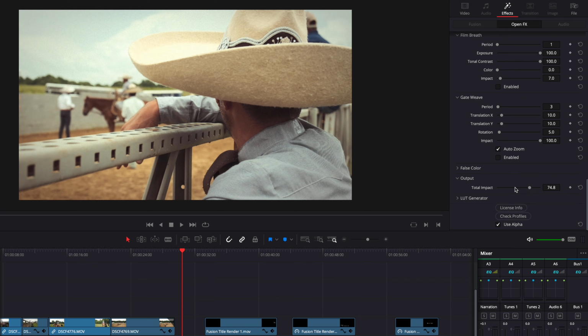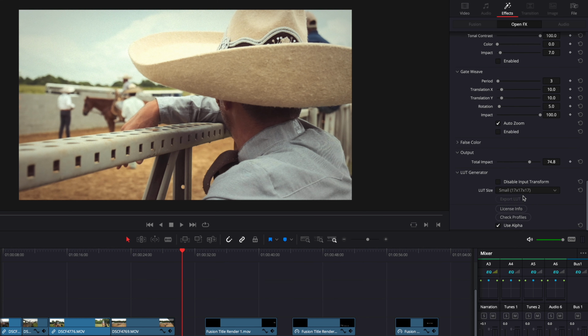I like that. LUT generator, I think what you can do is take all your settings here and then export this as a LUT. I don't know why it's not letting me do that right now, but it seems like that's what it's meant for. I don't have to worry about doing that. What I can do is, on similar shots, I can just copy here,